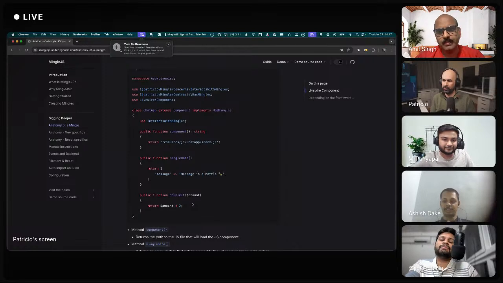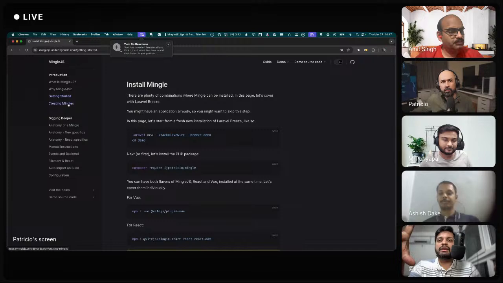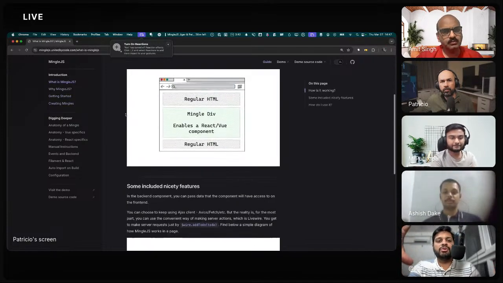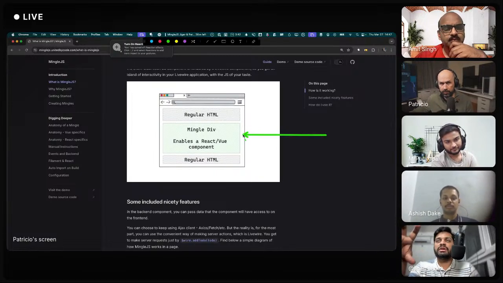Yes. So what I have understood is, in the initial section you mentioned that first we render this kind of static JavaScript in a div that you call a mingle div, and from then onwards, my question is, how is $wire exposed to the static one, and how does it refresh?